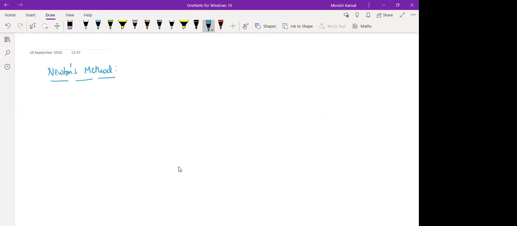First of all, I will write down, I will not go into so much theoretical detail so that you do not get bored with the theory. I will go to the MATLAB implementation later on. Just review what is the Newton method, what is the secant method, then we will go to the MATLAB window. So what is the Newton method? The formula is given by x_{n+1} equals x_n minus f(x_n) divided by f'(x_n). This is the formula, if you remember, and n is running from 0, 1, 2 and so on.